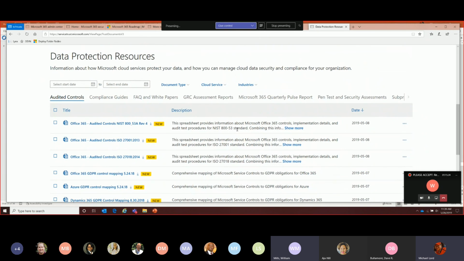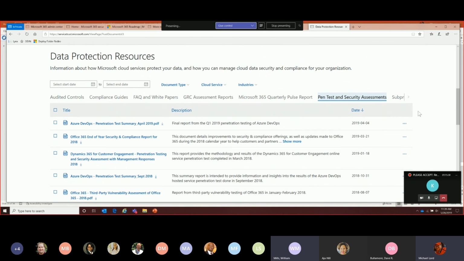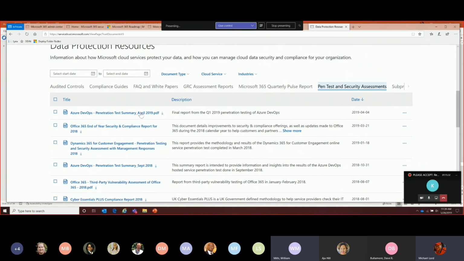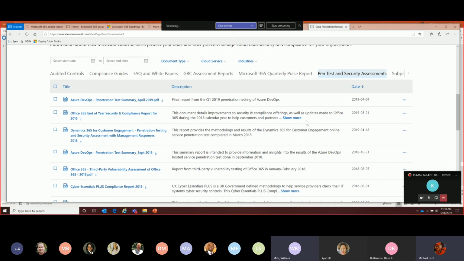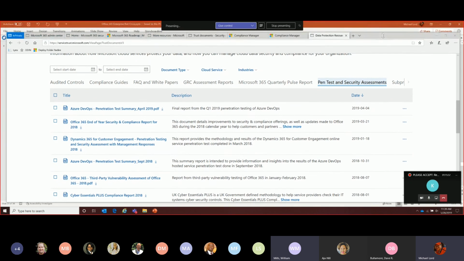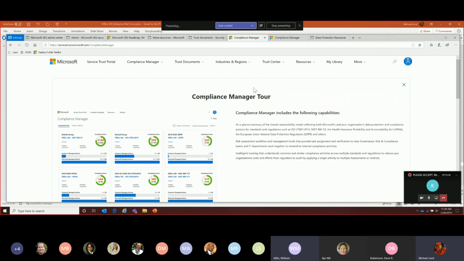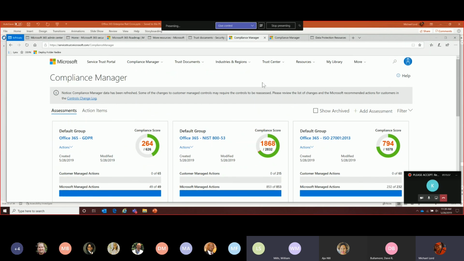And this is where we download the documents that we need, right? Yep. So, for example, pen test and security assessment. Here's all the information associated with pen tests and security assessments. These are, of course, governed by the non-disclosure agreements that are part of your enterprise licensing agreement. But yeah, this is everything you could need. Now, one of the additional changes we made: originally we had this product called Compliance Manager. Just a second, I have a question about the pen test and security assessments.